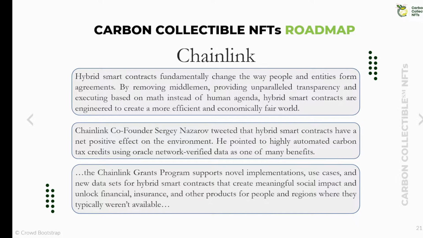And typically, organizations like Chainlink will capture data from multiple sources, multiple oracles, and then form a consensus for the industry. So today we get our carbon sequestration data from one oracle. In the future, we'll probably get our data from an organization like Chainlink, who's forming a consensus from multiple sources.